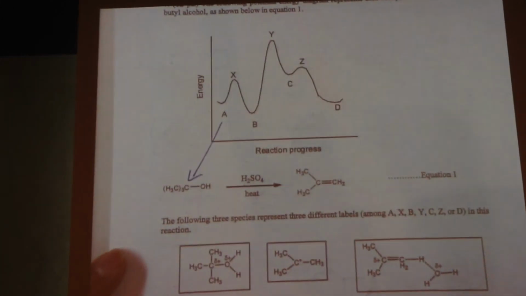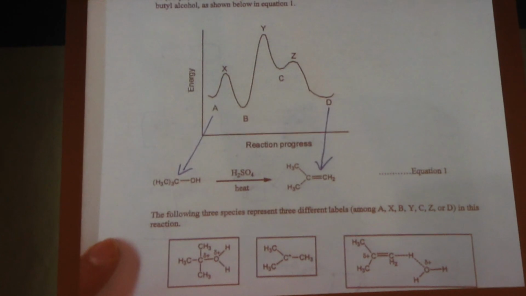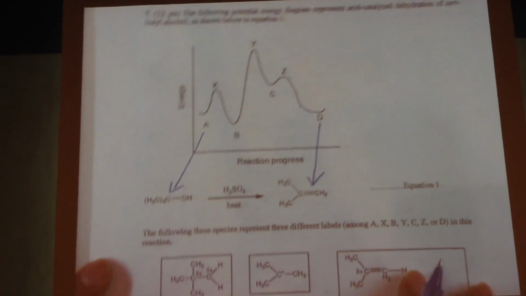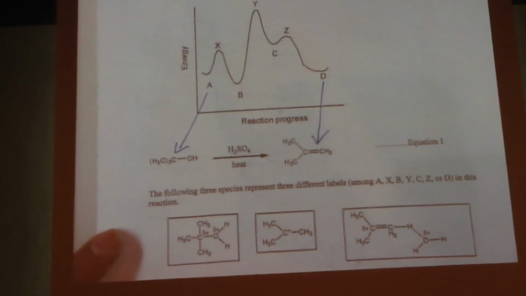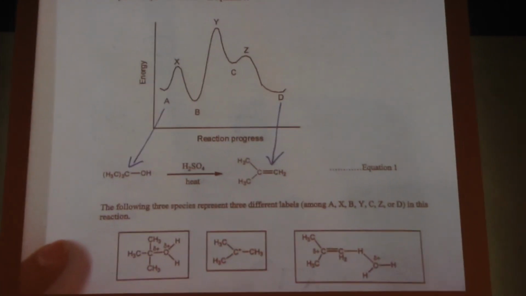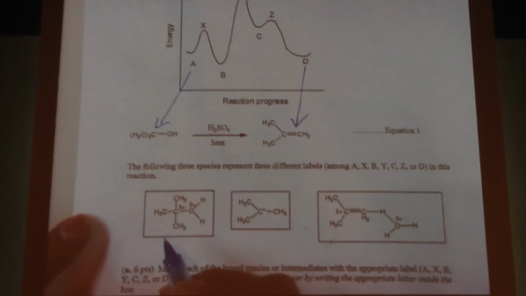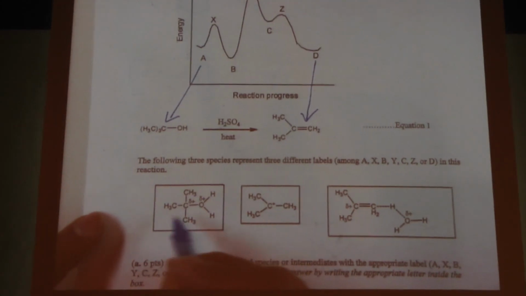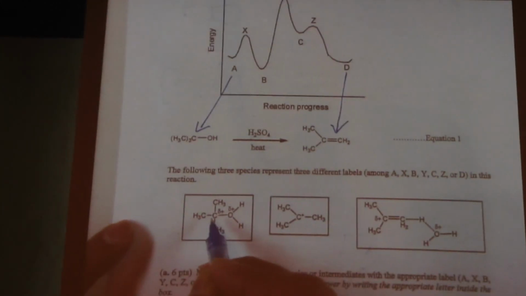A is of course the starting material, which is this, and the final product is D. All the other intermediates, if we recognize this reaction is going through typically an E1 pathway, because we get an elimination product according to equation 1. The structure that is drawn here, you need to concentrate on, and see what happens: you have a dotted line between carbon and oxygen, and the positive charge is distributed